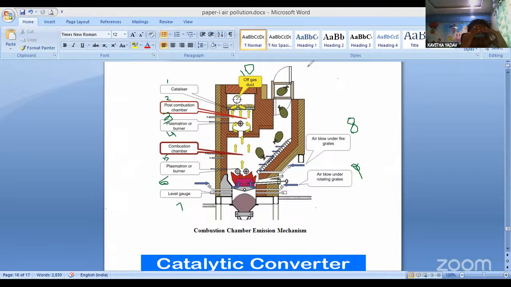This type of thing is called a catalyzer. At the first level we are going to explain about the catalyzers. In the sixth one, post combustion chambers. After the catalyzers will enter,